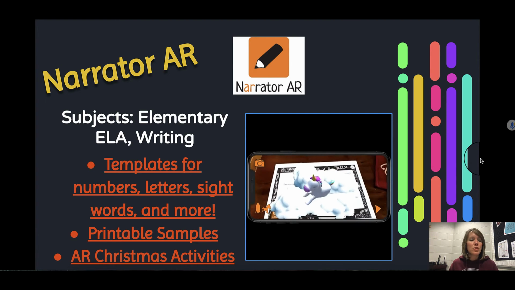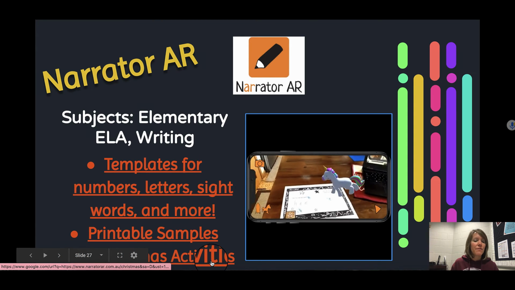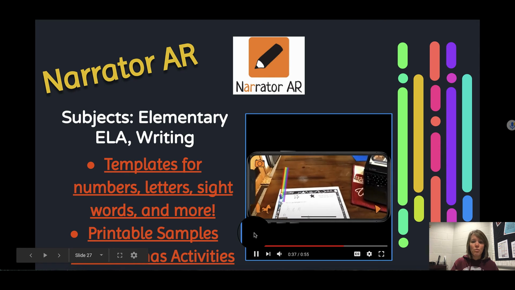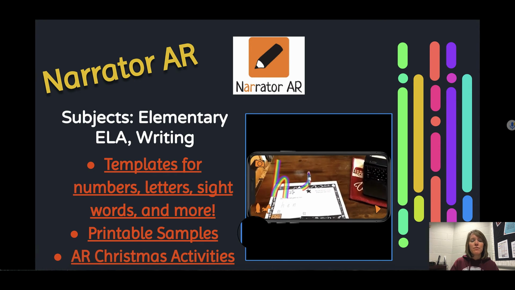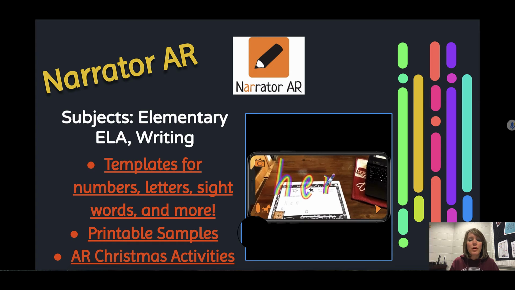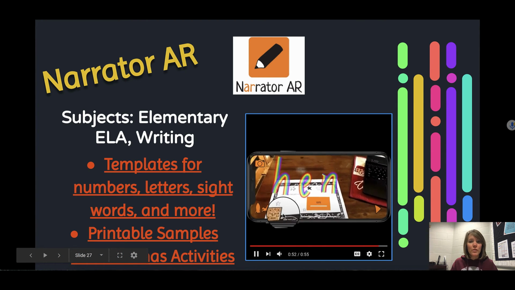So what you'll do with this, there's templates here and printable samples, and I left the Christmas ones in here, is they trace over the words. So of course they're practicing their handwriting, and then from there they take their app, so they're going to take their tablet or their phone or whatever it is, and they're going to hold it above that. So it has to scan this little marker in the bottom corner there. And then